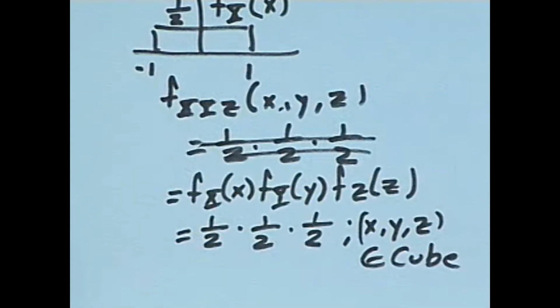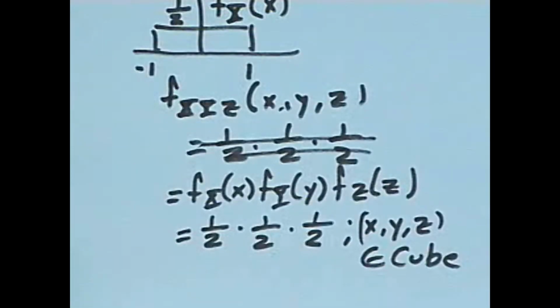So we have a cube, and inside of the cube it has a value of 1/8, and on the outside it has a value of 0. So when we integrate in the sphere, we get the volume of the sphere times the value within the sphere, which is 1/8. So it's 4/3 pi r cubed times the value within the sphere, which is 1/8. Does that answer the question about the eighth? Okay. Any other questions on this problem?